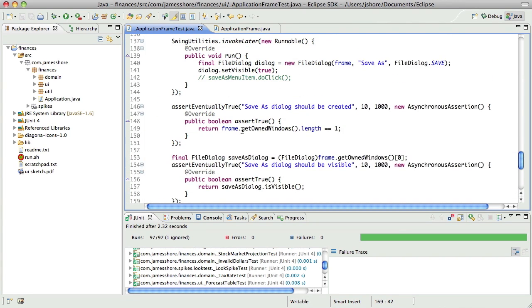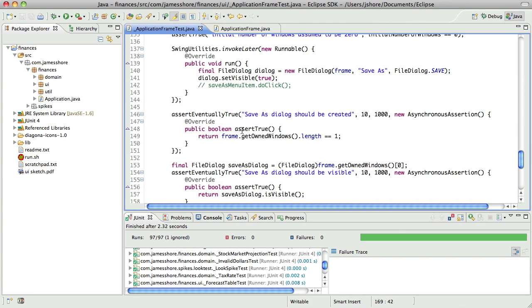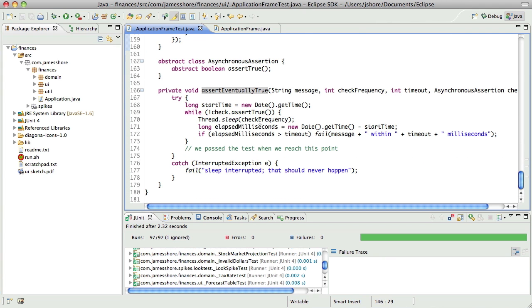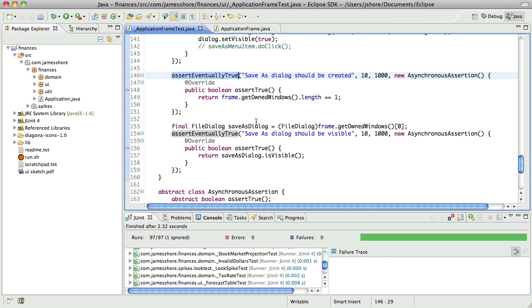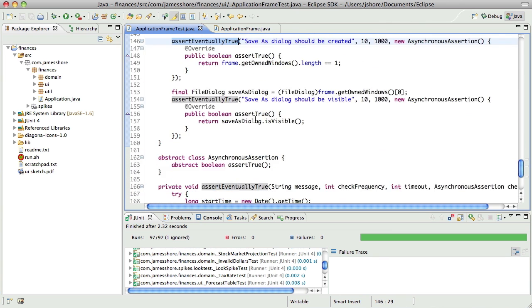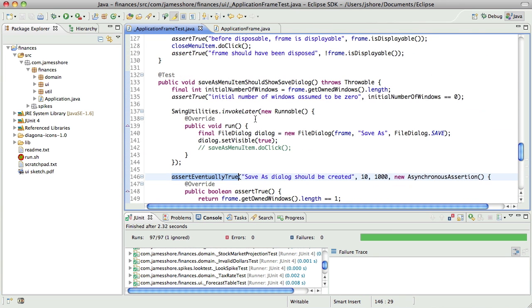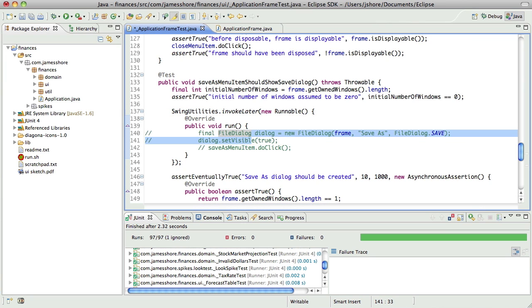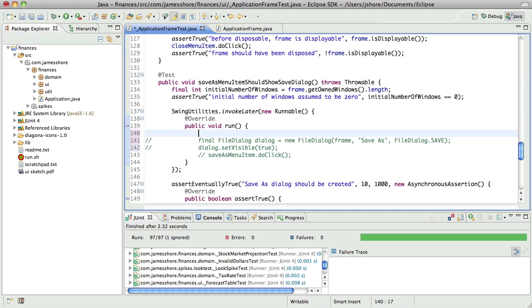And we're finally there. We've got some, I think, pretty awesome code. This new assertion that we wrote called assert eventually true allows us to assert asynchronously, or on an asynchronous method, which I actually might want to genericize a bit more in the future. But for now, I'm happy with it just being right here. So now that all that's working, I can get rid of this spike code, and let's remember to delete that